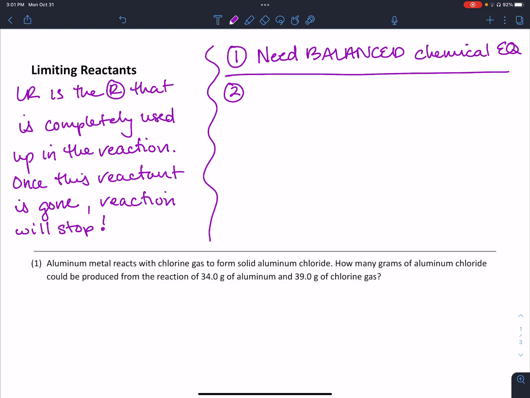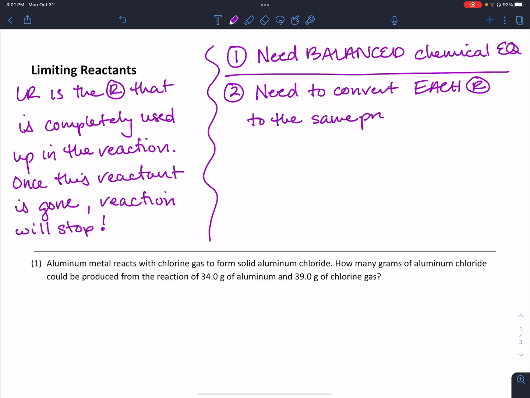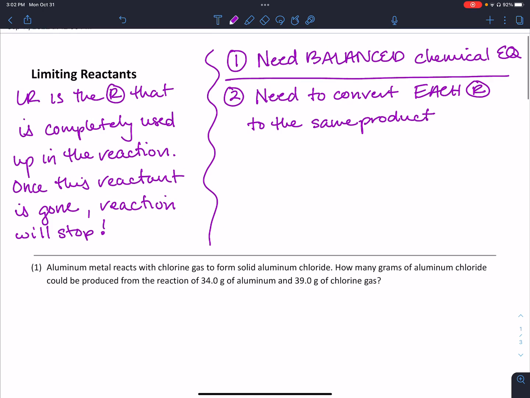All right, once you have your balanced chemical equation, you're going to have to convert each reactant, I'm going to use R here for reactant, to the same product. So what I really mean by this is if you have two different reactants with amounts, you have to figure out how much of a particular product each can make. All right, so we don't want to have one reactant go to one product and the other reactant go to a different product because we can't really compare those. All right, so we're going to convert each reactant amount to the same product,